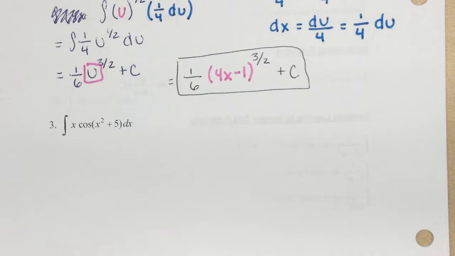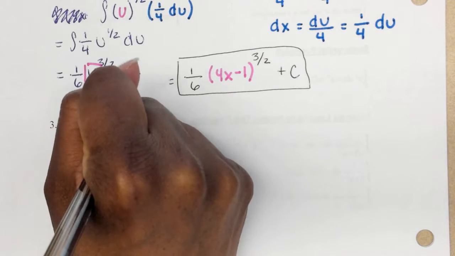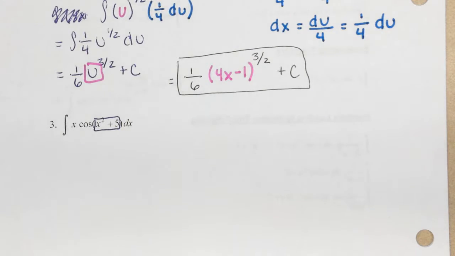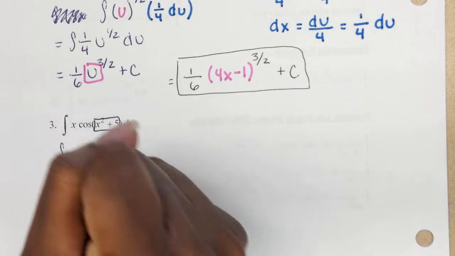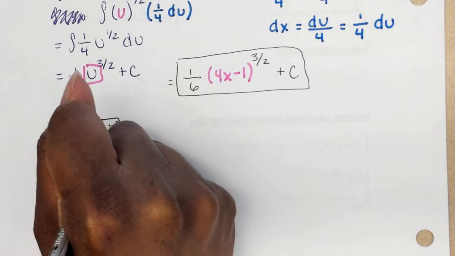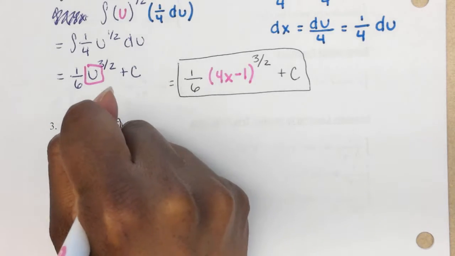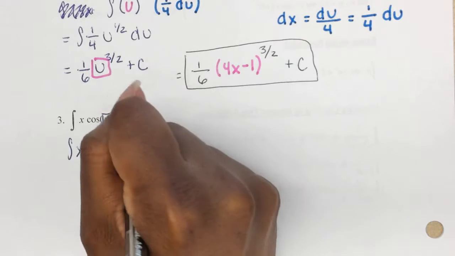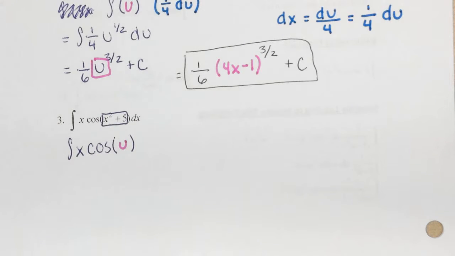So the u that would make sense is x squared plus 5. So we have the integral of x cosine u,